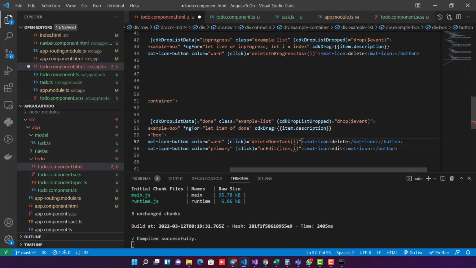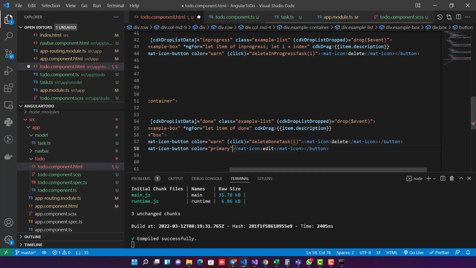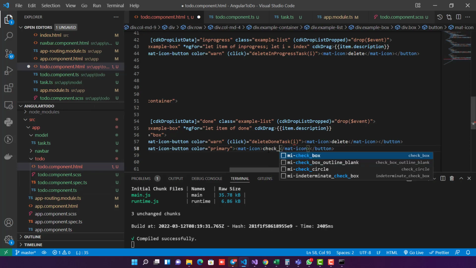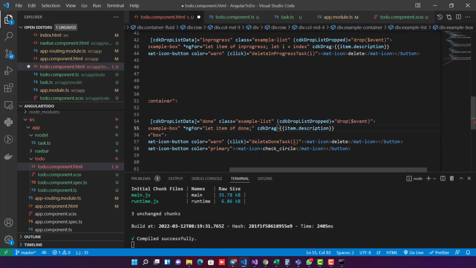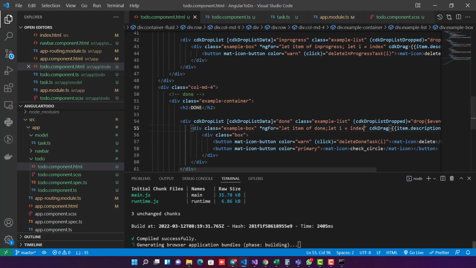Okay, now we don't need this one, and we don't need this delete icon as well. Actually we need a check circle. So for that we'll say check circle. And this i is showing an error here because we don't have the index. So I'll say let i equals to index. Now this will be removed. Now if I save this,